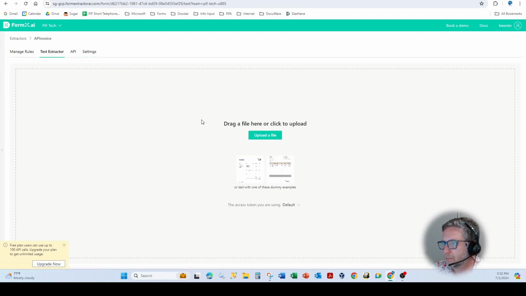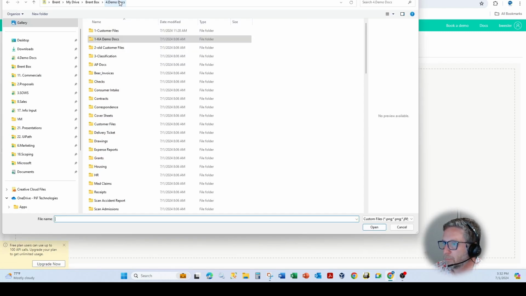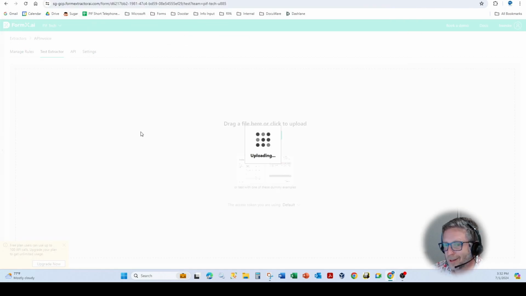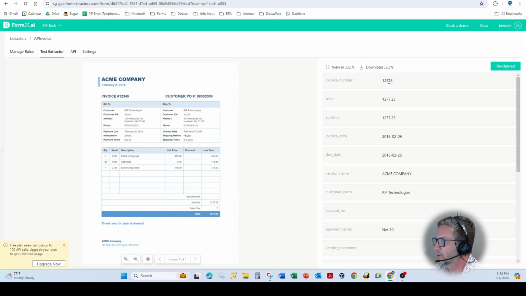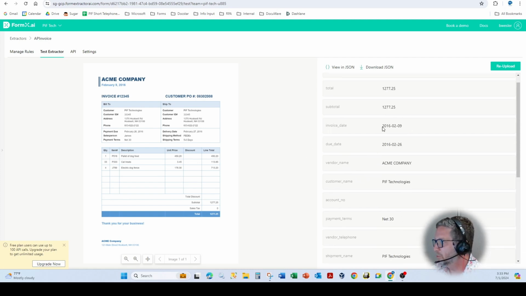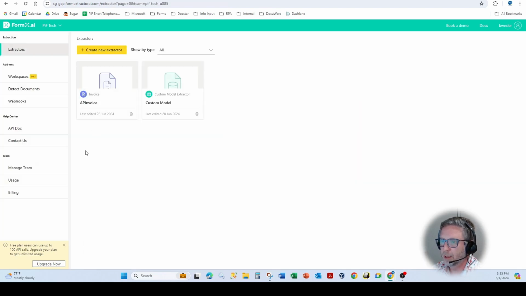So what I did was I just tested it. I uploaded a file. Come in here, grab a document, and see what it extracted. And it does a really good job. I mean, it's using Azure AI, so I expect it's going to function very similarly to the other applications that use that. And you can see here, by default, it extracts the relevant information, but there's no ability to edit this information. And again, it is a test extractor. And you can download the data, you can re-upload, but